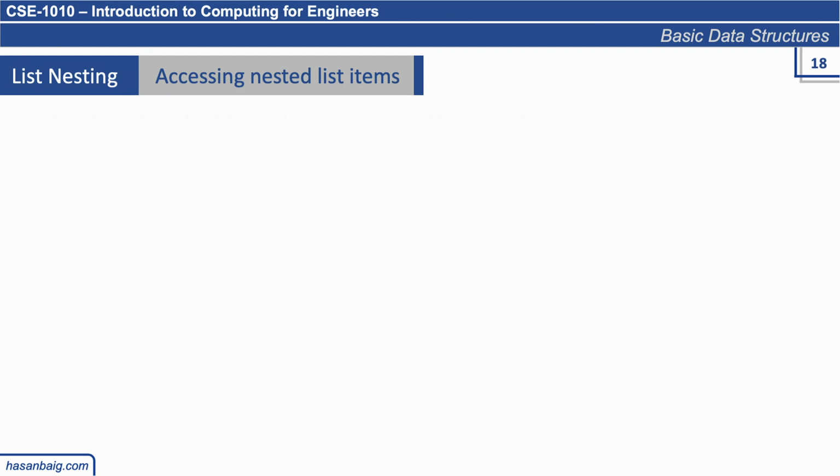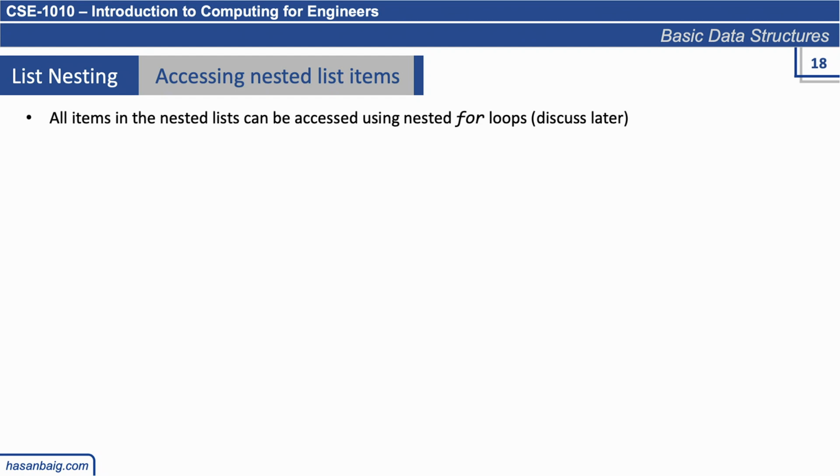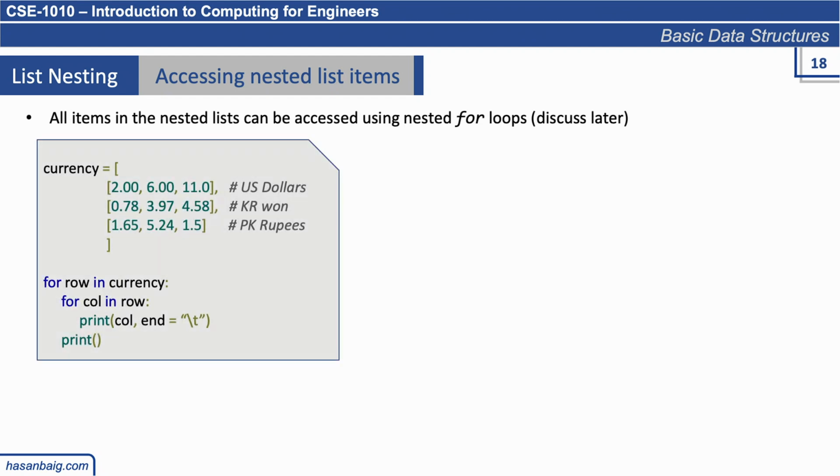Accessing the nested list items: all items in a nested list can be accessed using nested for loops. We will be talking about for loops probably today, or if we cannot reach that far, in the next class, hopefully. Okay, so for example, we have a list here. Just to let you know, we haven't covered for loops yet, we will be covering this concept, but briefly I can tell you that we can access all the elements